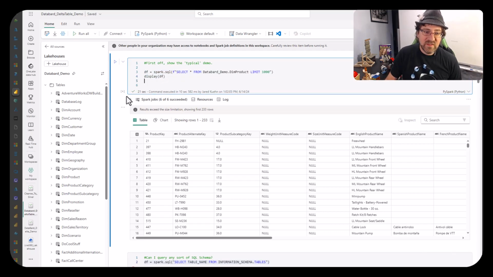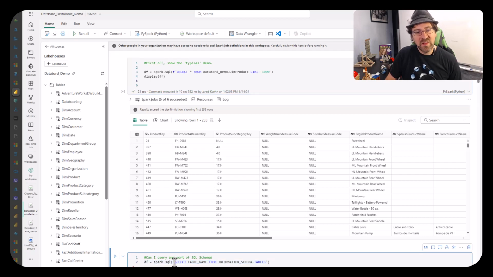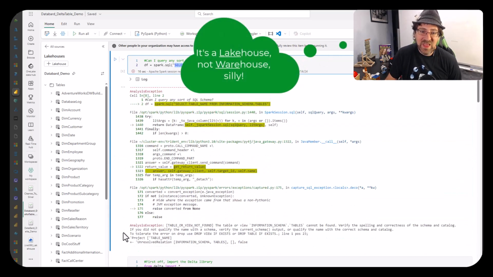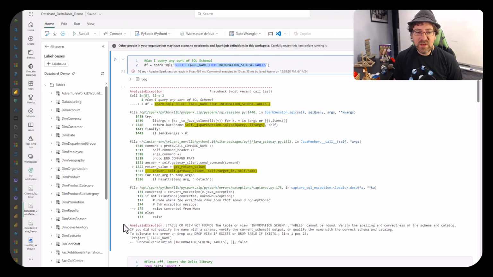Well, first thought is to go into the SQL world, where we could query some SQL system tables like information schema in SQL Server that could list the tables in the environment. That doesn't exist as far as I'm aware, which makes sense because this is a lakehouse and that's a database thing. Following that line of thinking, if it's not a database in nature, what if it's a file system in